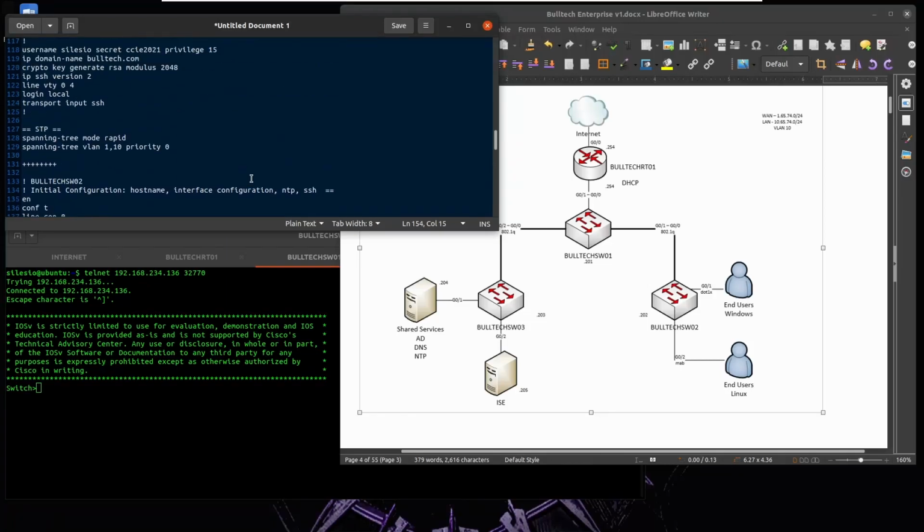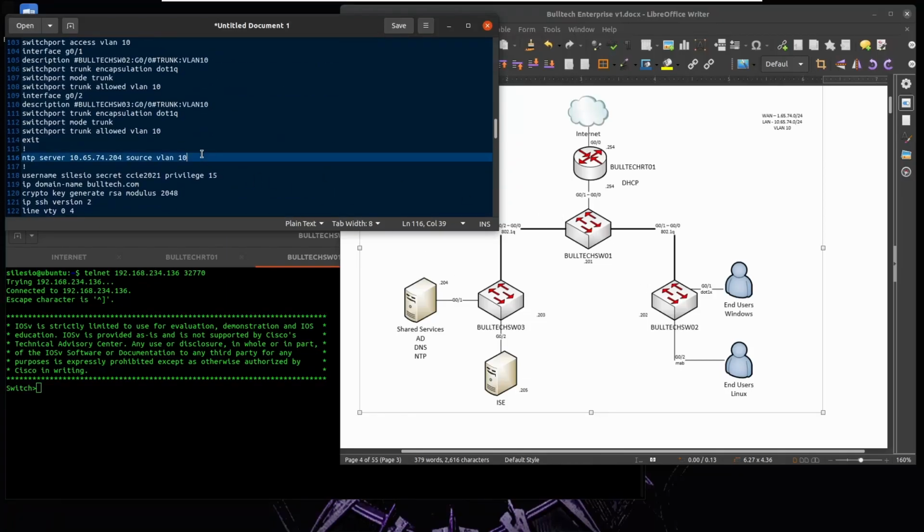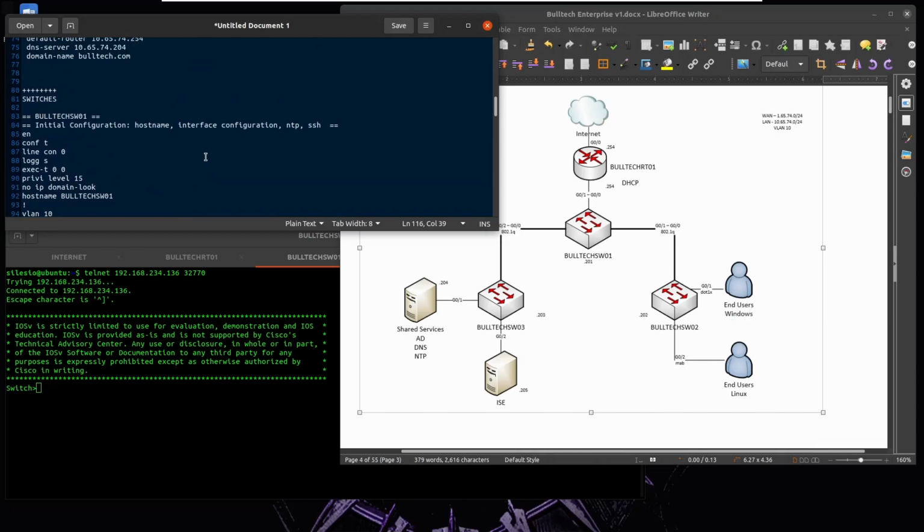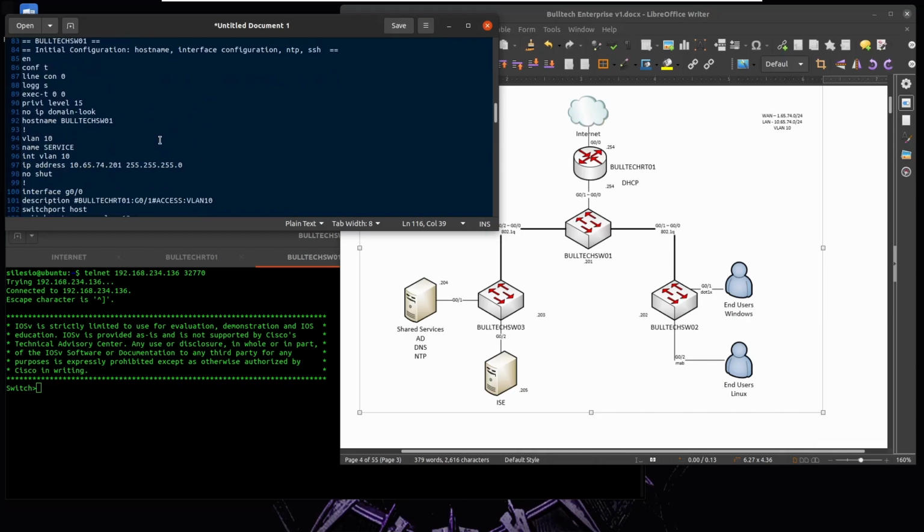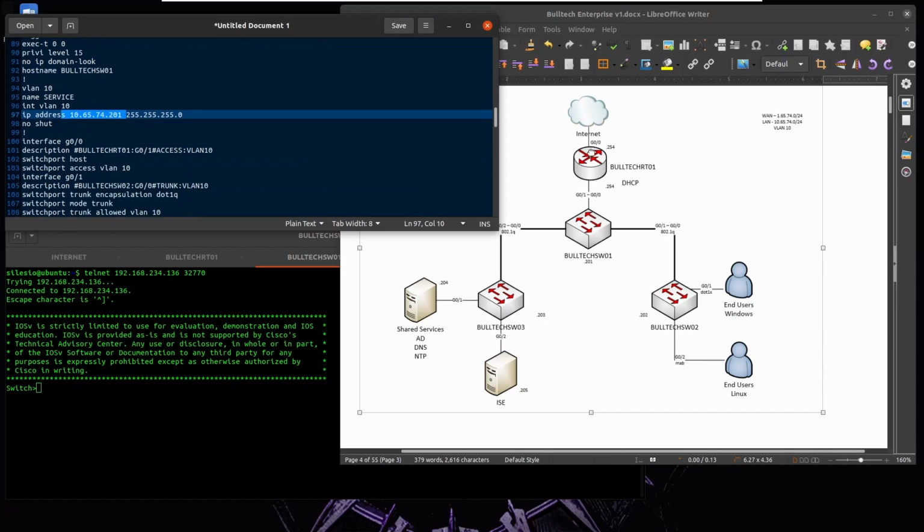Okay, so starting with switch 1. Again, hostname, and as I said, I'll be using VLAN 10. The IP address will be 201. The interface connecting the router will be an access interface, so I'm using switchport host. This is going to enable spanning tree portfast on this interface, and I'm assigning VLAN 10 to